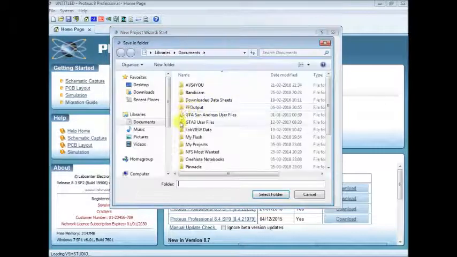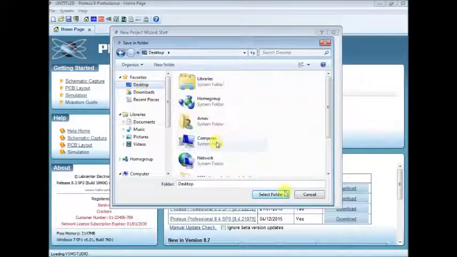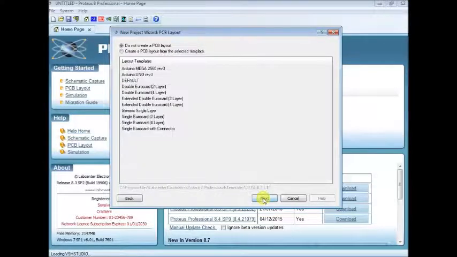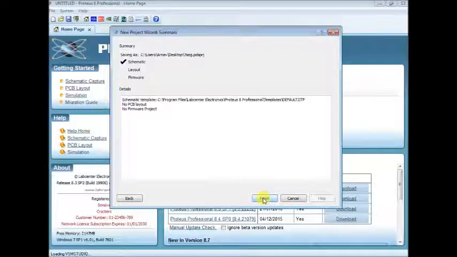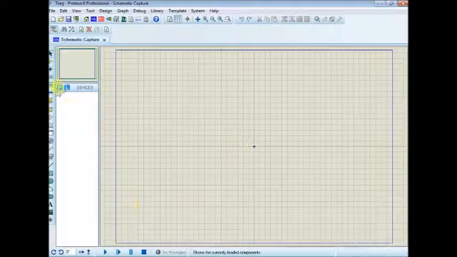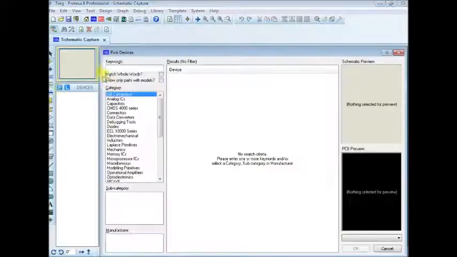If you want to change the directory where you want to store the file, you can change it. Now click on next. Now the Proteus design suite is open. Here we need to select the component. Click on component P,